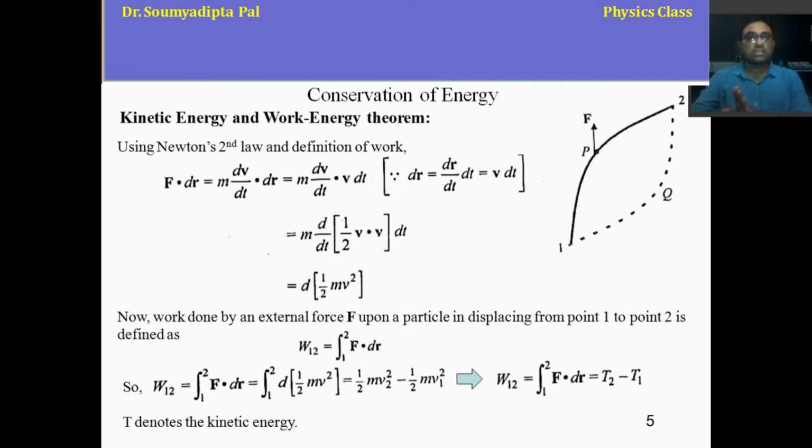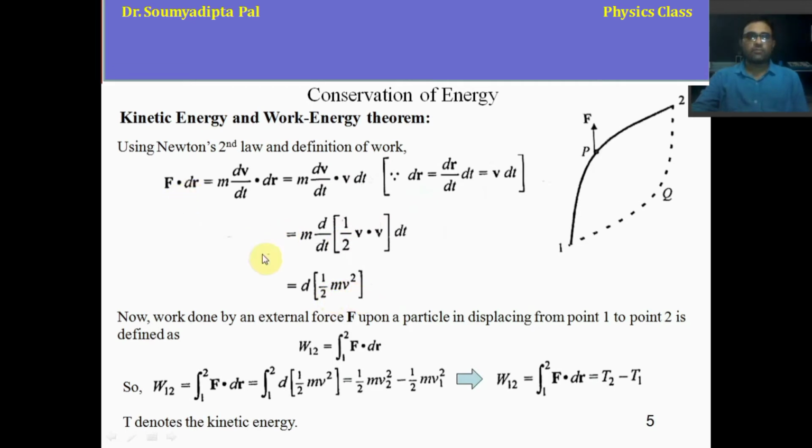So that's why there is an extra 2 term coming. That 2 has to be eliminated, because in the original form there is no 2 term. So that's why we are putting a half here. Now v dot v, you know, is v square, so that's why we are writing this v square, and if we put this m into this parenthesis, it becomes half m v square.